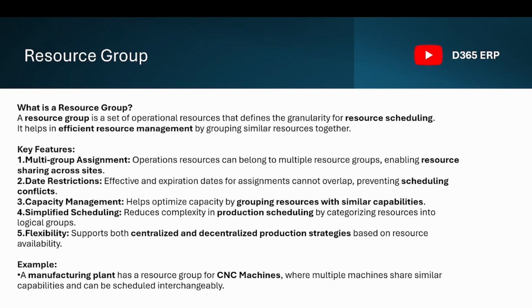So here I have already mentioned the key features like multi-group assignment, data restriction, capacity management, simplified scheduling, and flexibility. You can just pause the video and read that part. And here the example is a manufacturing plant that has a resource group of CNC machines. They have 10 resources, so they create one resource group of CNC machines and assign these 10 machine resources to the one resource group. So let's move back to